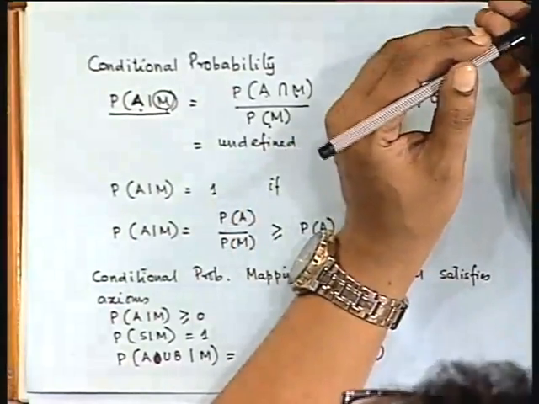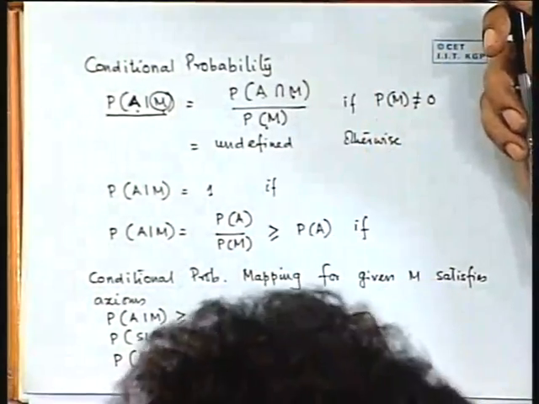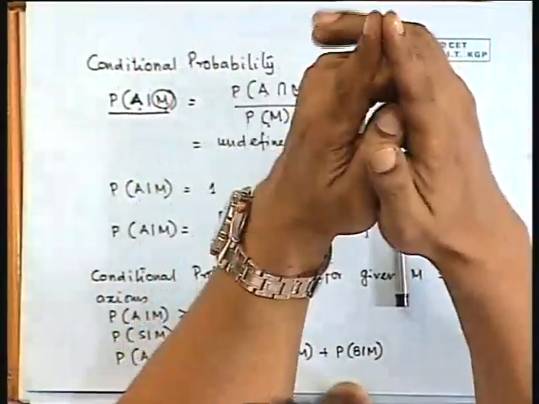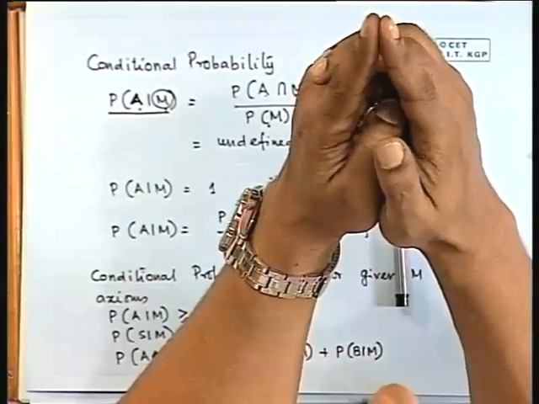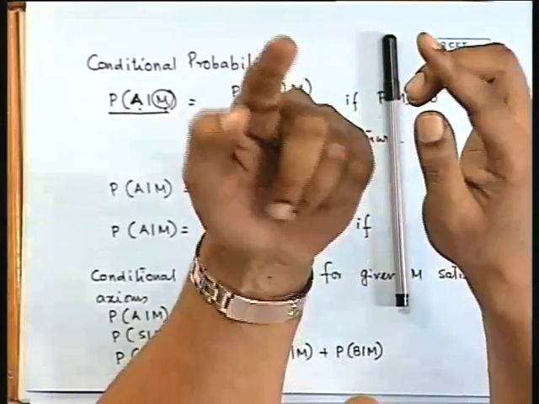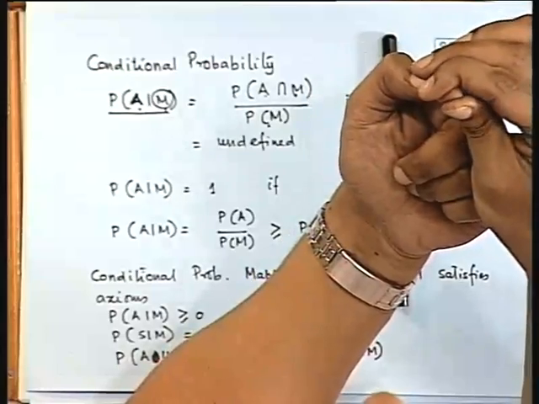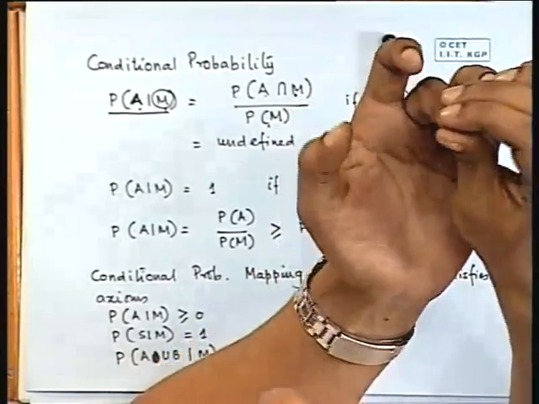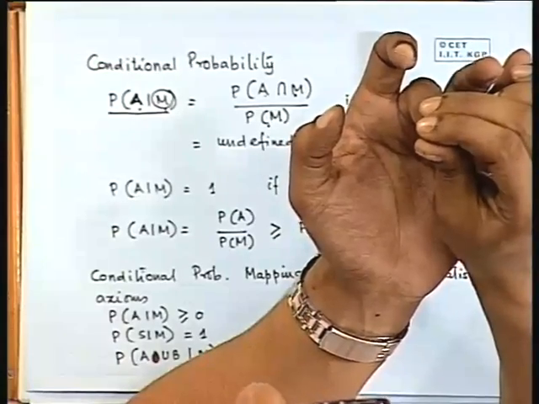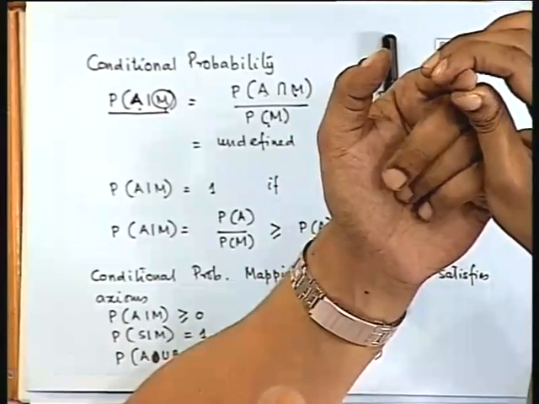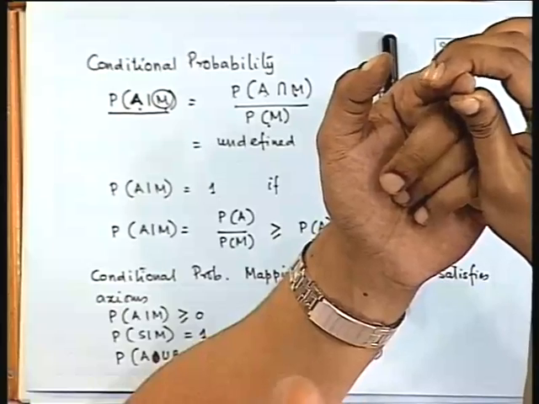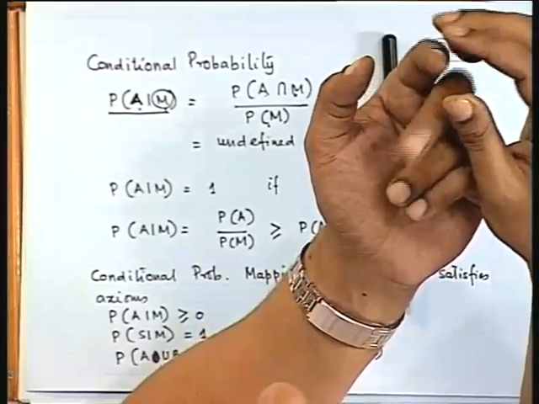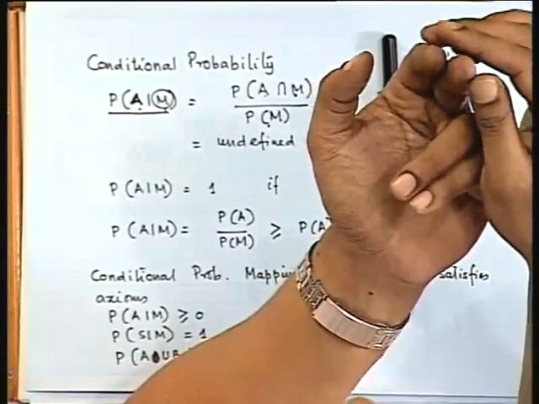Because after all, what is the probability of, say, let's take our example. So the probability of it being the month of July and it raining in Kharagpur. Suppose M is the probability that it is the month of July. Of course, I don't know whether we should ask what is the probability that it is the month of July, but anyway, let's take this example.